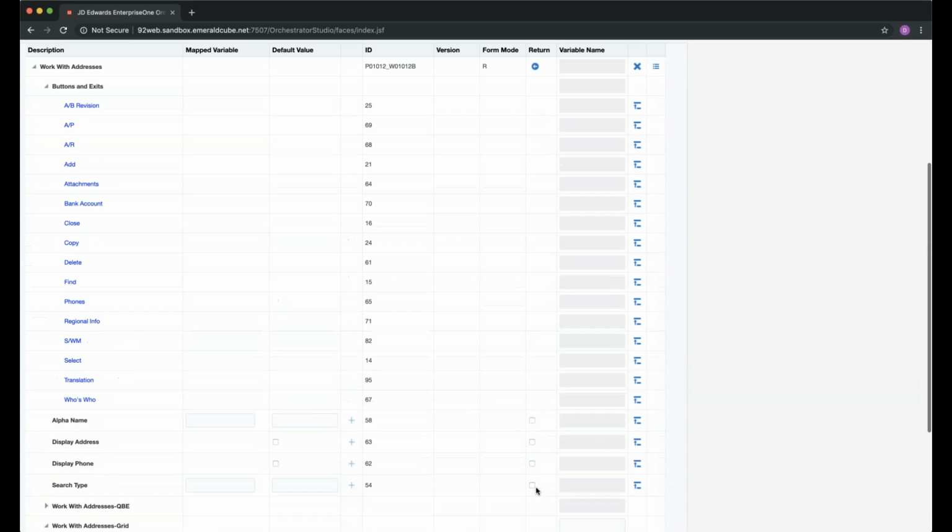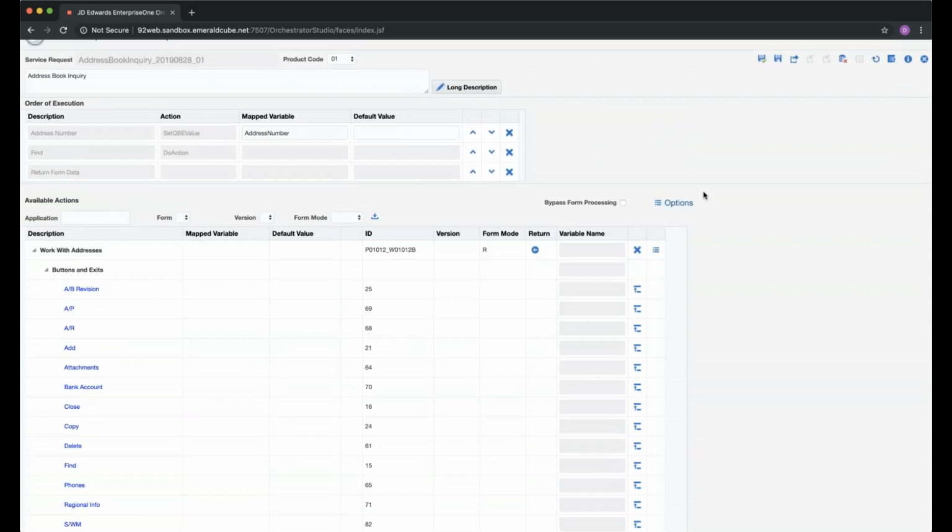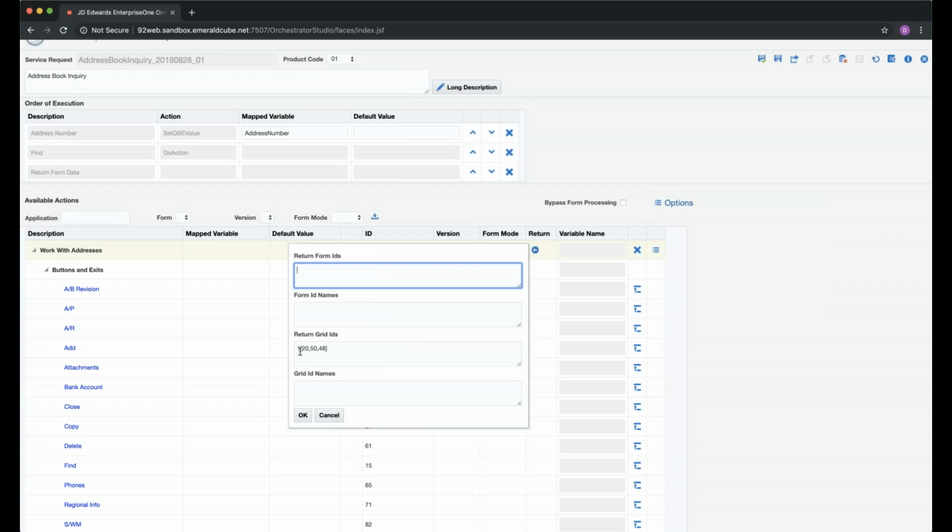So we've checked those three boxes, and you'll see at the top here, if I actually go in, well, first of all, I guess we can look in the options. These are just put on there automatically. If you want to limit the number of rows, you can limit your rows, you can limit your page size. In this case, none of this really matters to this specific request, but under the return values, this little arrow, if I click, you can see now I have in the first grid, I have return IDs 20, 50, and 48 in that order are what are going to be returned. And those are actually, again, the values that I just selected below. They get added to the return IDs.